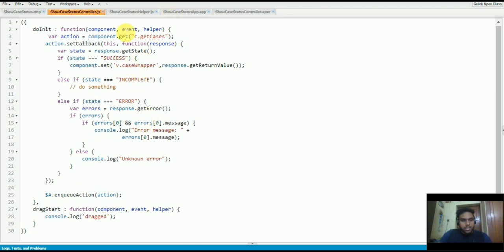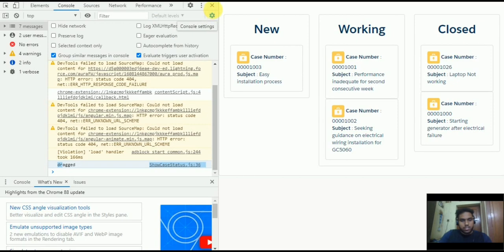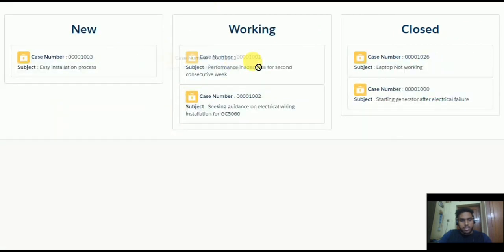So now the next thing: we are dragging something here, but we have to get which case has been dragged. So we have to get the case ID for this. For example, if I drag this case called 1002, I need to capture the case ID for it.